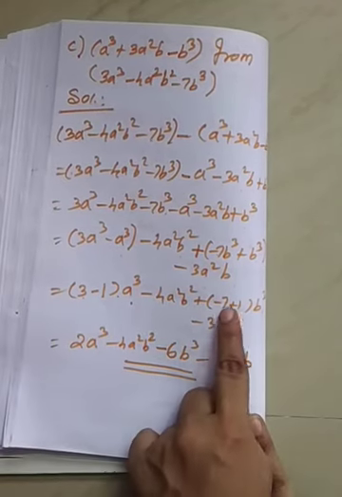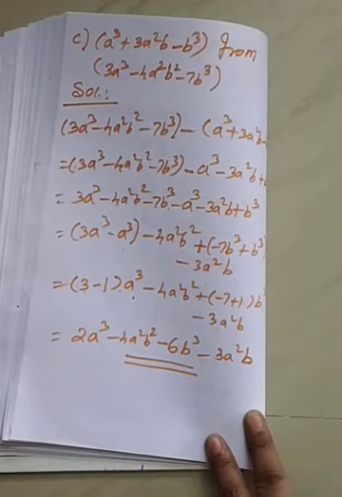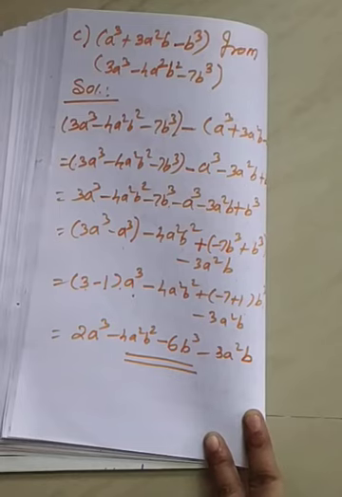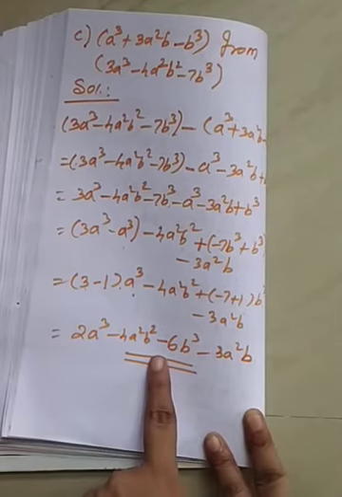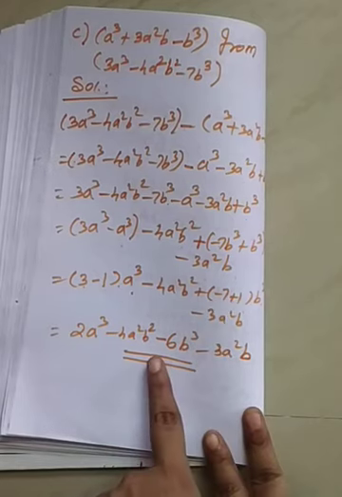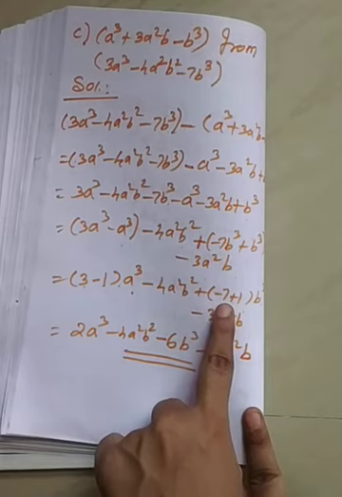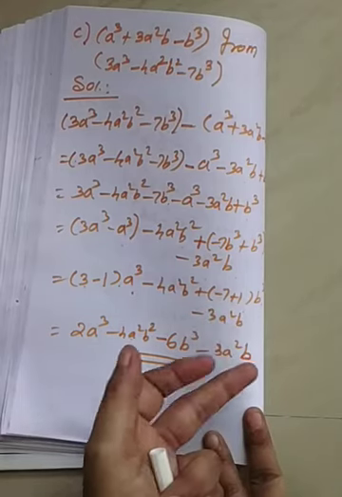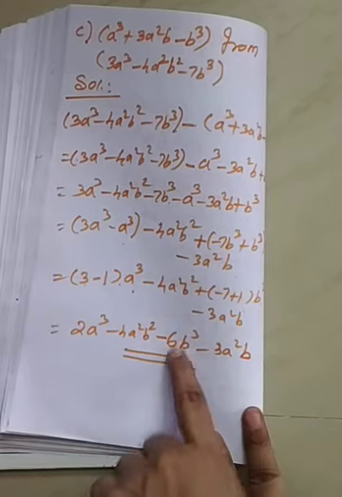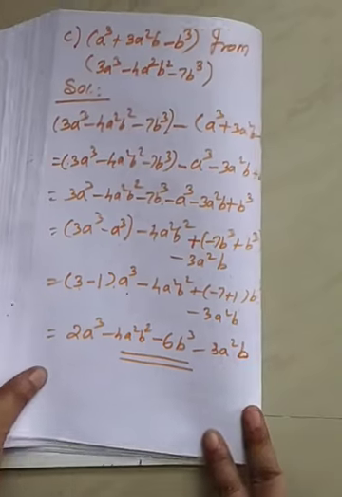Next see here minus or plus, which sign you have to put here? Already I told you sign was different means you can see the largest value and that sign you have to take here. Okay, so 7 is the largest value and that sign is minus, you have to put minus. After that you have to subtract the largest value to smallest value. So what is that? 7 minus 1. What is 7 minus 1? 6. Right, this b cube minus 3a squared b. Right, this is the answer.